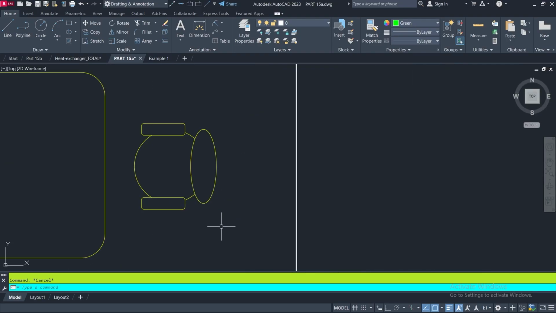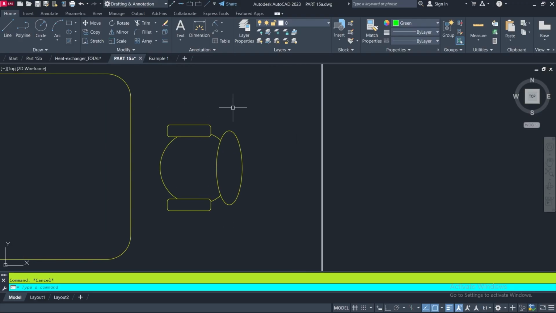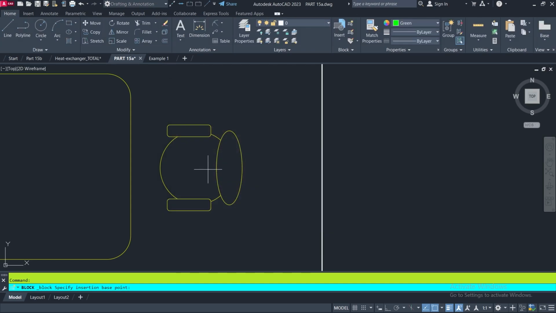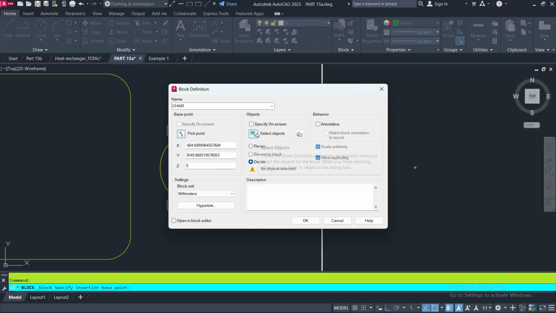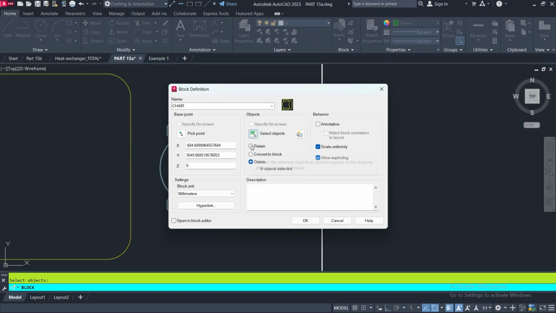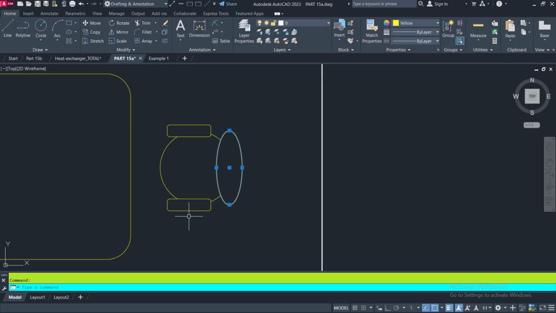Now I am going to create another block named chair. For that I am going to create a block, click, I am giving name chair, then selecting base point. For that I am clicking here, pick point, and taking this point as base point. Now selecting objects. For that I am clicking here and selecting this one, pressing enter. This time I will take option retain, clicking on it, then OK. Now you see there is no change in this object,